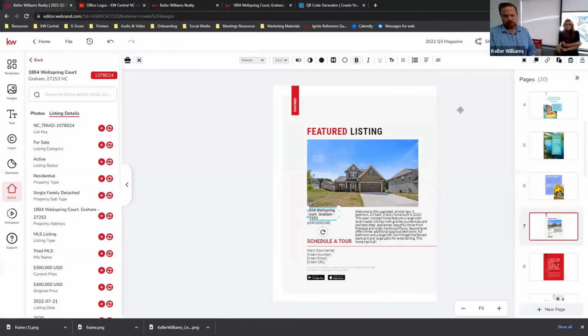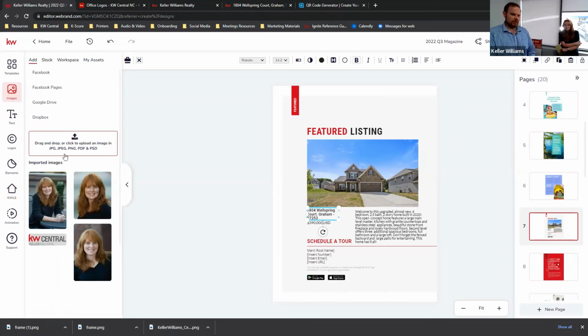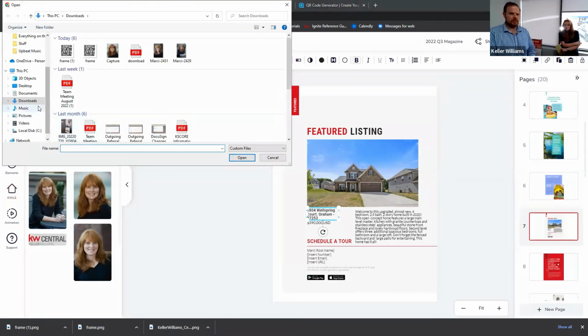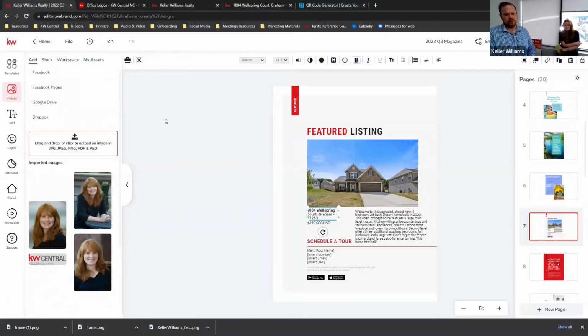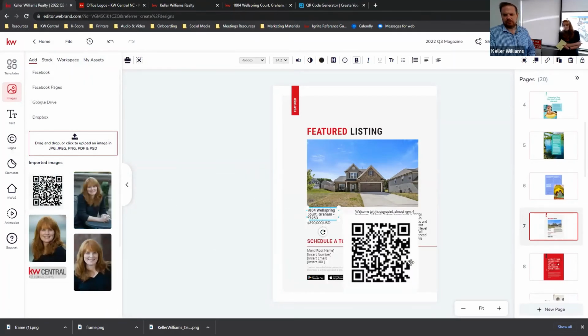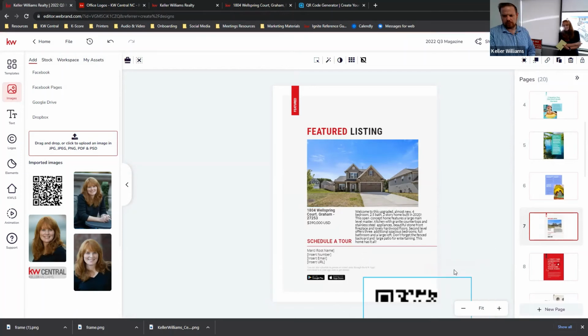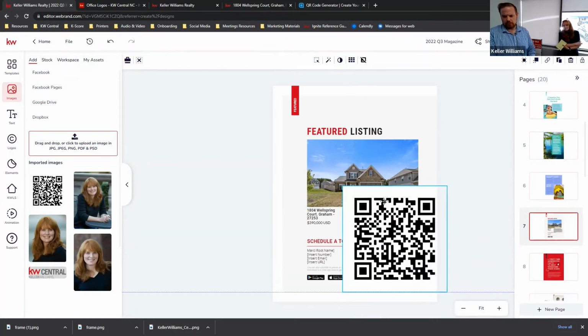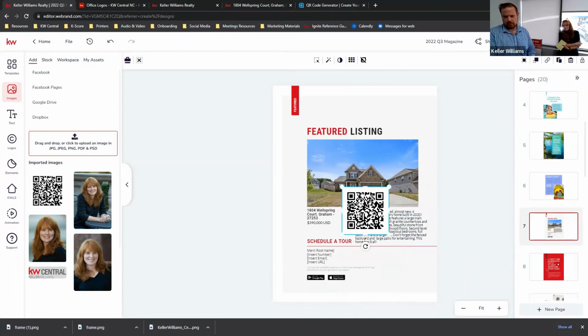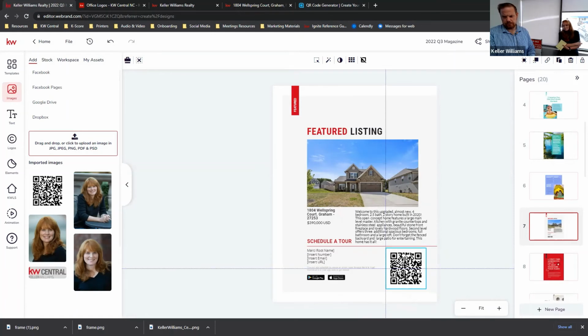In this case, though, what we're going to do, I'm just going to click into some white space on this same listing. I'm going to click images. I'm going to do that same drag and drop area. Downloads, I can use either one of those because they're identical. You should have just one unless you clicked a lot. And then I'm going to drag that beautiful QR code in a not so beautiful editing program. Let's see, maybe just a little smaller. Use those guides to get things lined up nicely. I think that probably looks good.